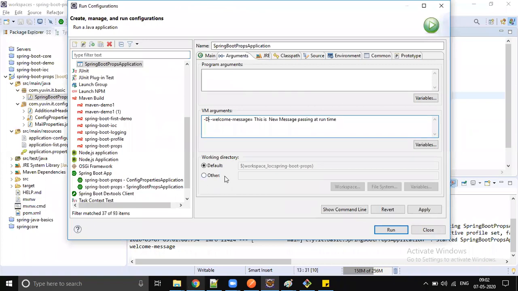Okay, and you can give the property name directly. Okay, got it. The problem is this one. When you are passing a string with space separation in the command line, it should be enclosed with double quotes. Otherwise, every space separates it, and it will be considered as a separate string, right? So here we are passing.